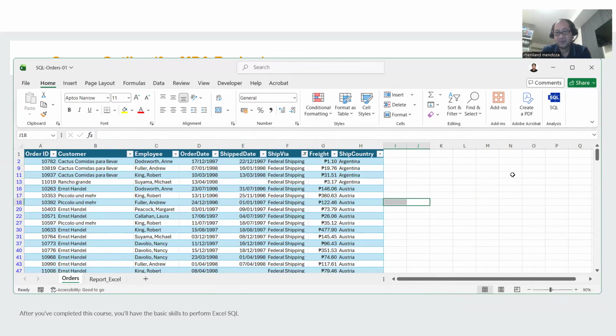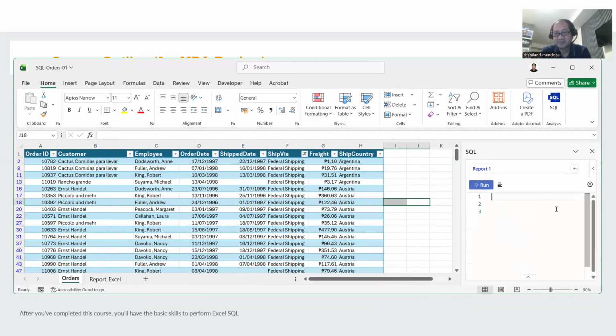So first we have to click on the SQL analysis tab. And this is where we, so to speak, do our automation. So I will now show you that the 7 previous Excel way steps will now be done using 3 lines of code in the same panel. So the first keyword is select.